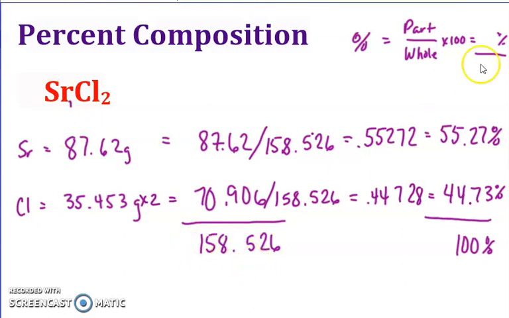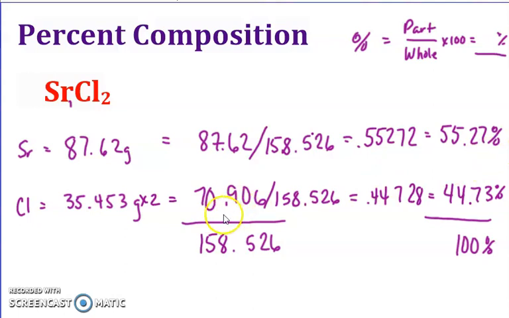Again, a percent is part divided by whole, and then times 100, and then you get the percents. When you have a problem like this, I would like it if you would make your percents go out to the nearest hundredth. But let's go ahead and review. What did we do? You take the amount of mass for one strontium divided by the whole amount, the total, and then you get your value and you move your decimal over twice by multiplying it by 100, and then you've got